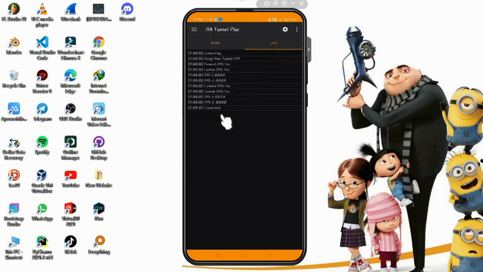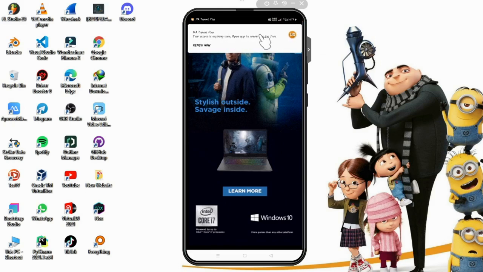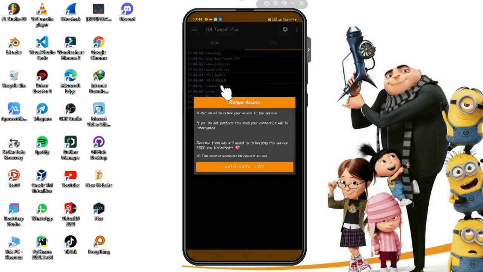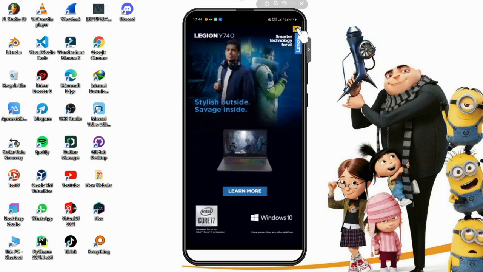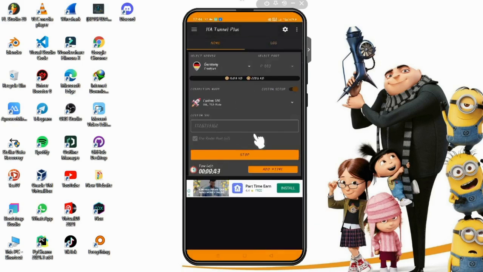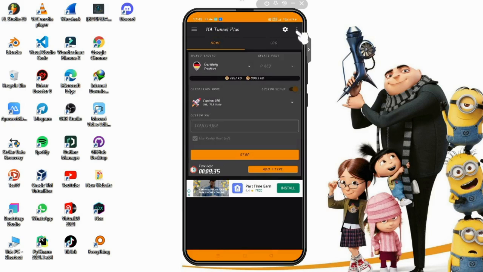So I'm done, I'm connected. I'm going to show you that I don't have any data. As you can see, I'm going to scroll down here. No thanks. See what I'm saying about the ads? They are very many and very disturbing and responsive. So I'm connected, and I'm going to show you that I don't have any data. As you can see, the sign-in notification comes anytime that you don't have data.